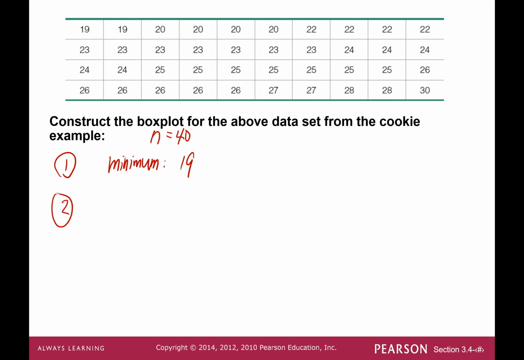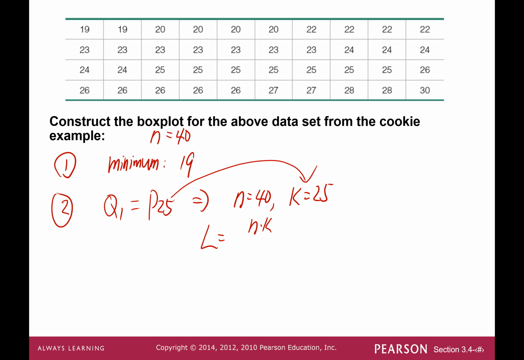The second one is to find quartile 1. Quartile 1 is percentile 25. So right here we know the sample size is 40, k equal 25. And then we can find the locator first. The locator equals n times k over 100. So 40 times 25 over 100. That's 1,000 over 100, which turns out to be 10. So now this locator is a whole number,